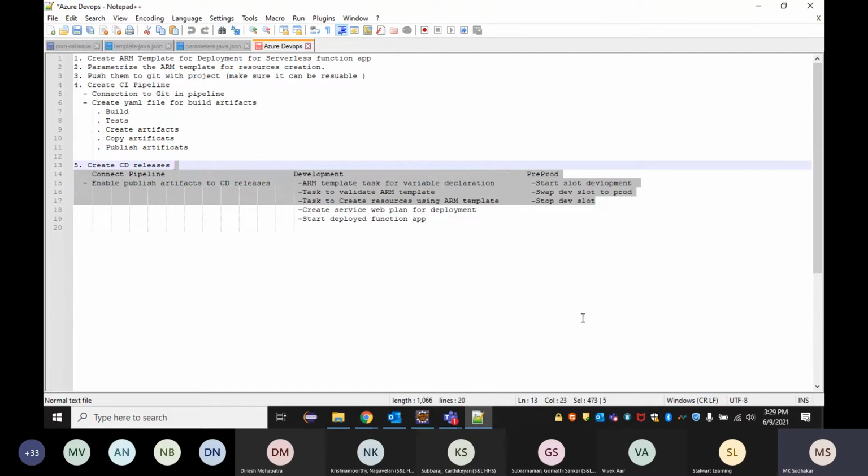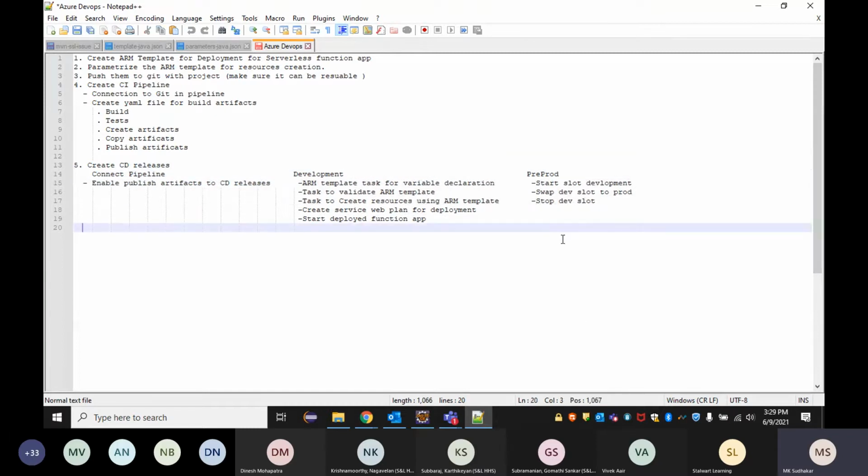For that reason, we require swapping the slot so that if some issue happens in the code or in the deployment, we can easily revert back to the existing version 1 slot so that we don't need to worry much about affecting the users.